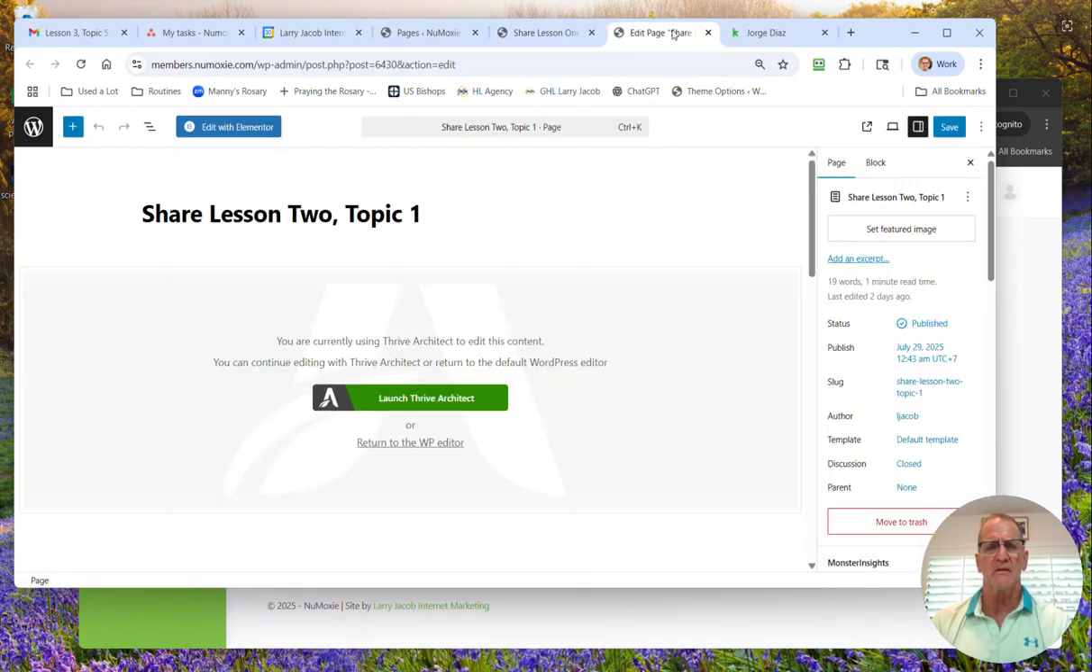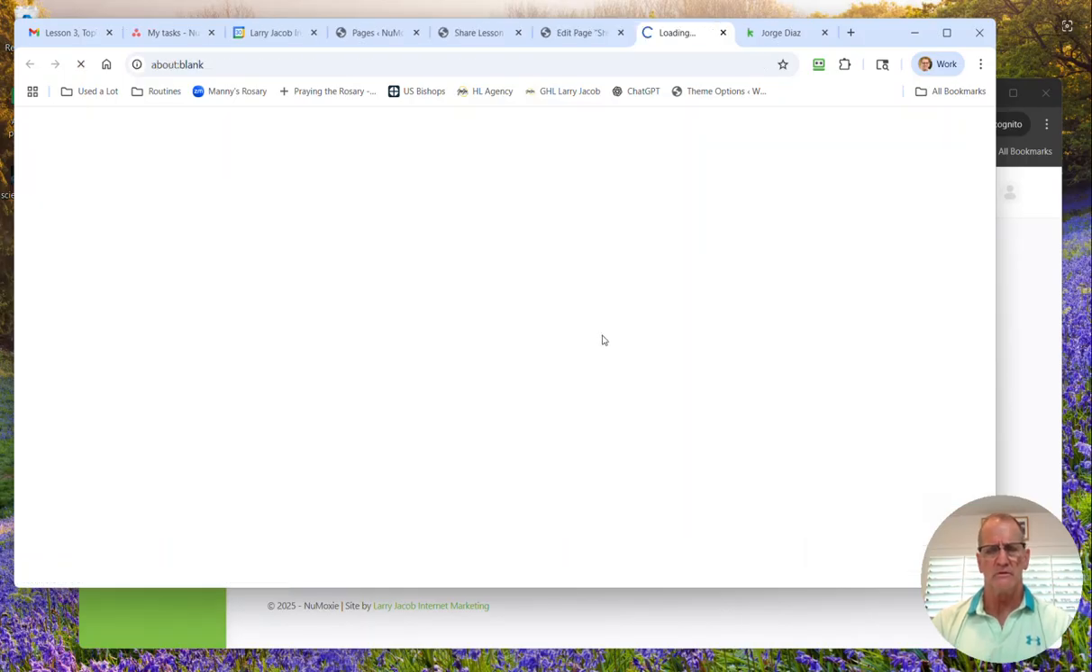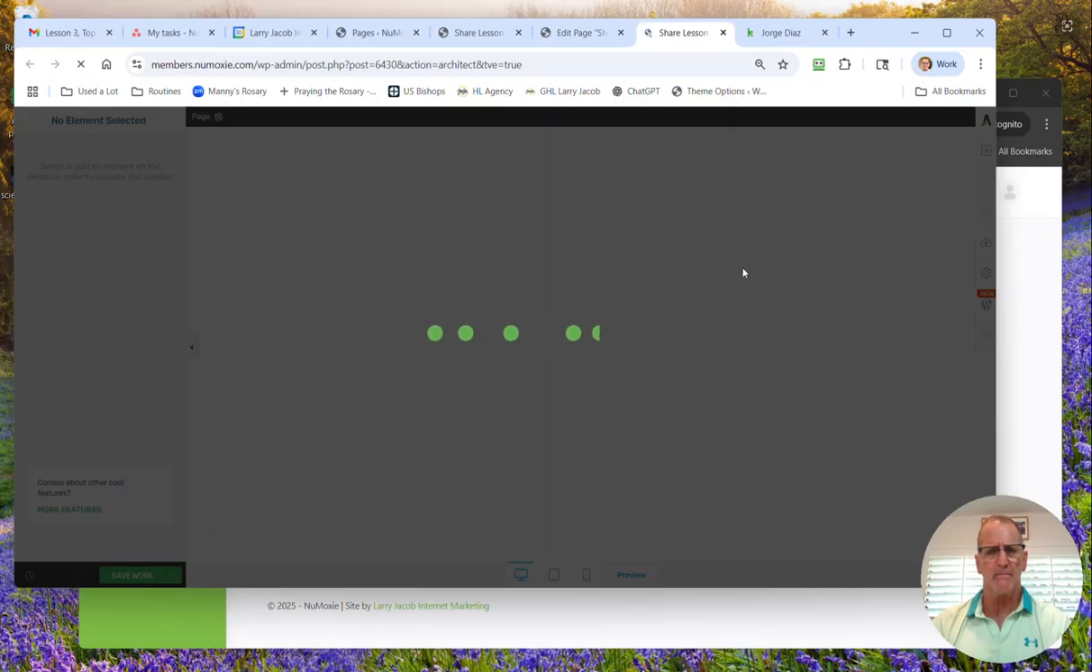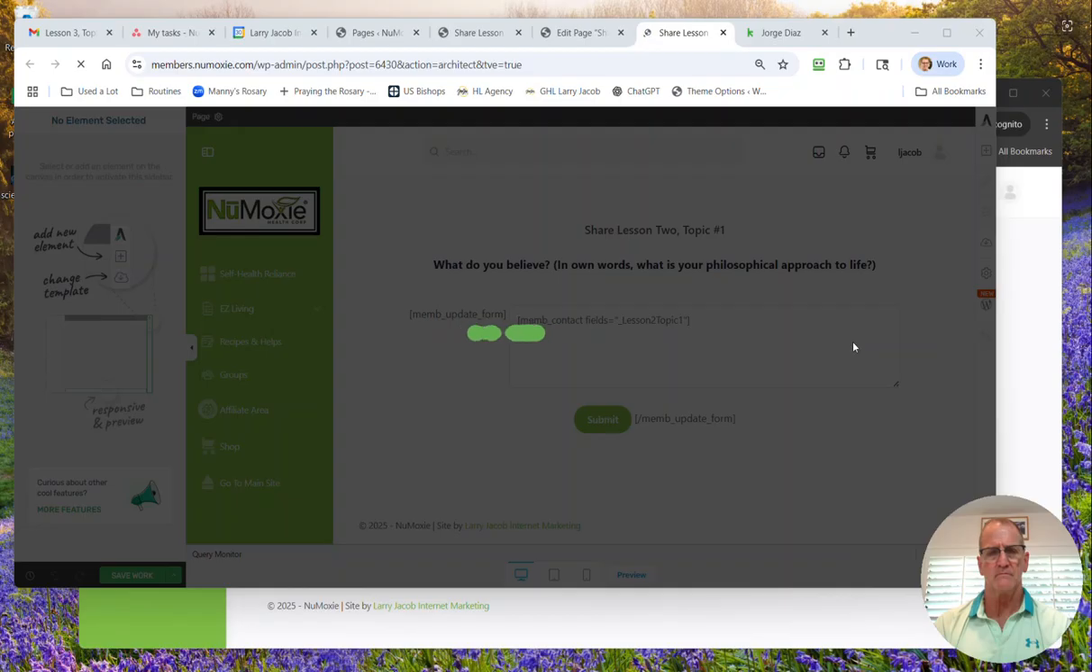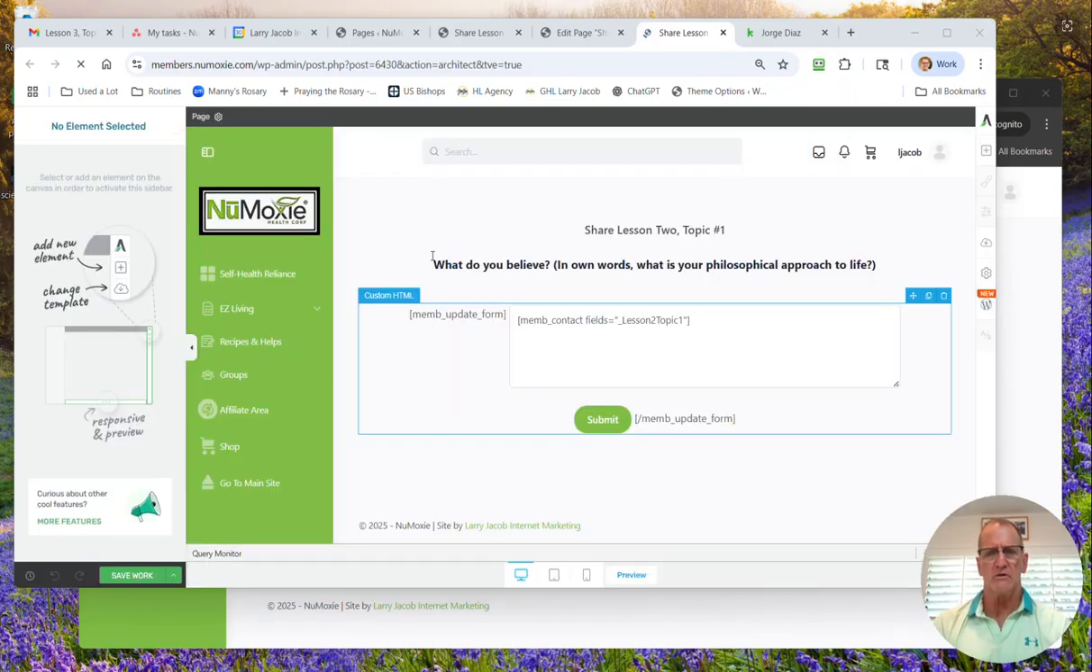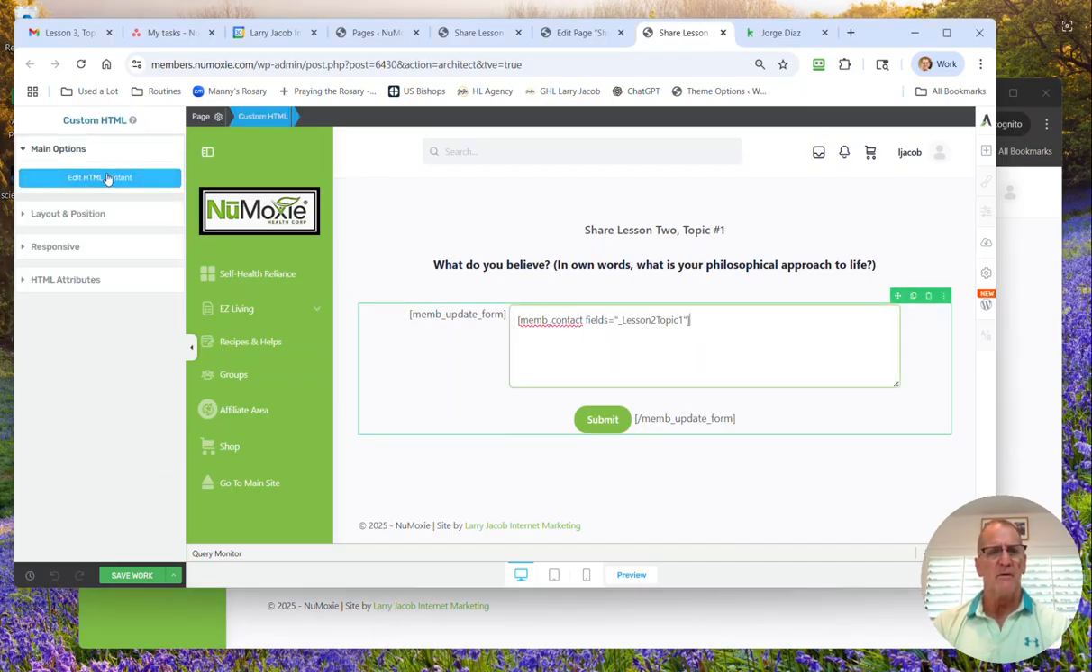So this one here is topic 2. So I am going to view that box, the HTML that's used for that box. As you can see, this is what the top of the form looks like, and then we have this custom HTML field. And it's made up of a relatively simple